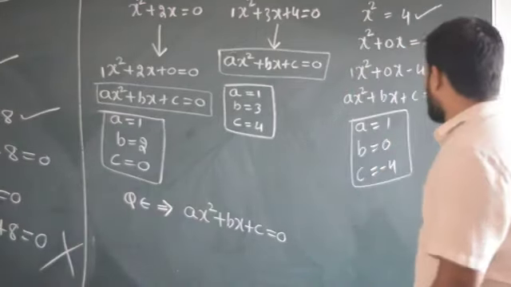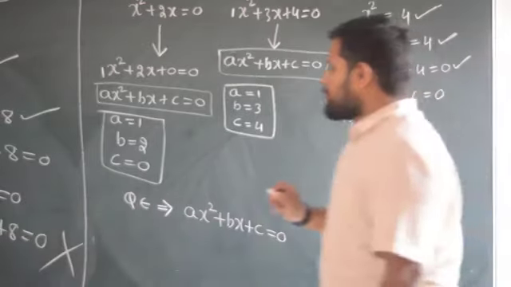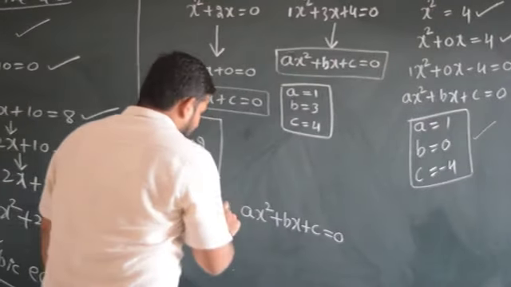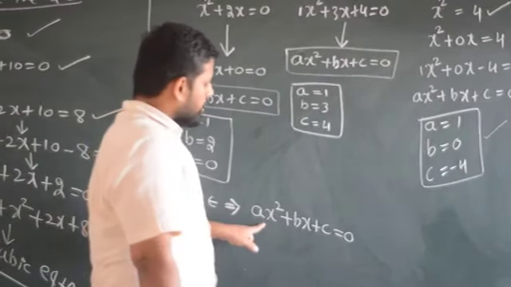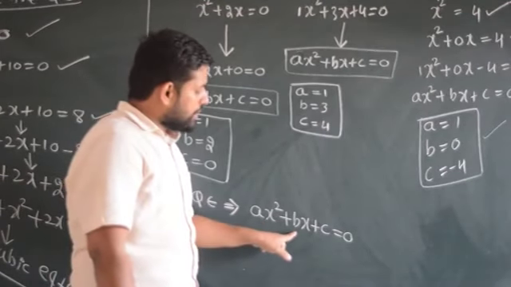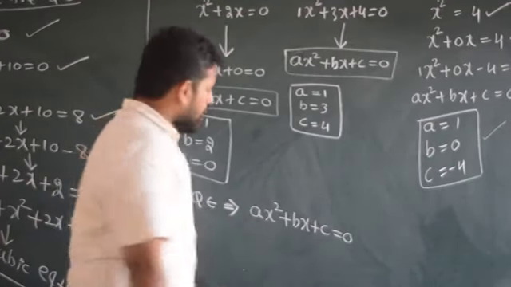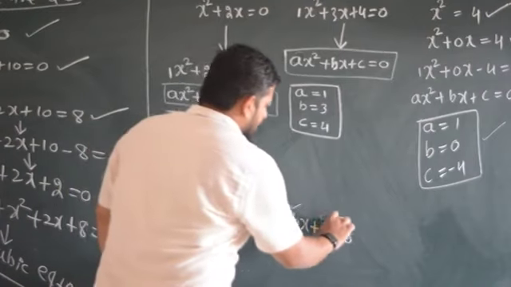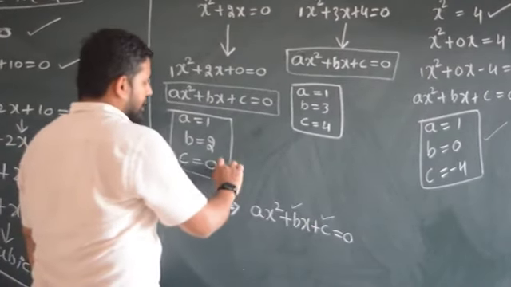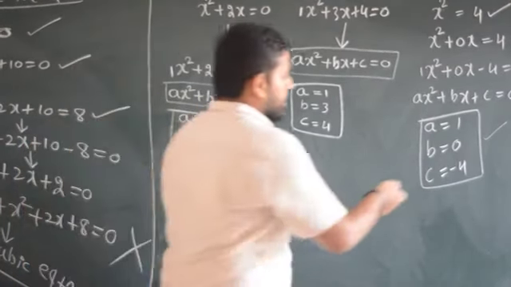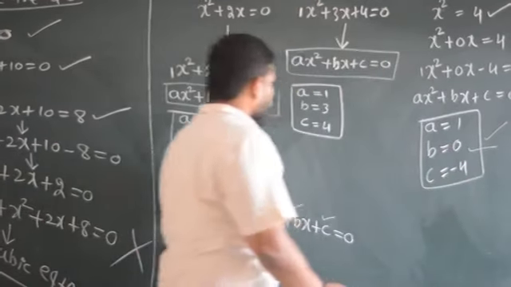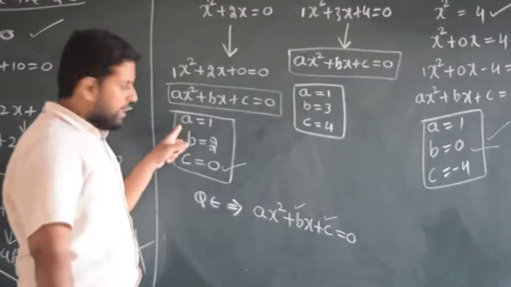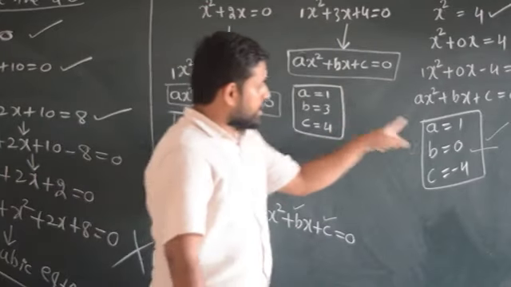Okay, that is it. Now what I want to impress upon you again is that quadratic equation means the general formula should be ax square plus bx plus c equal to 0. This b and c can be anything. Look at this. Here c has become 0 and here b has become 0. But anywhere a has not become 0. Just see here, a is 1 here. Here a is 1. Here a is 1.